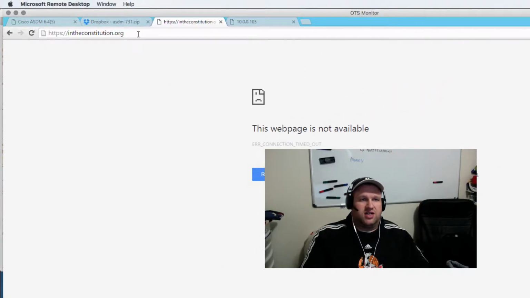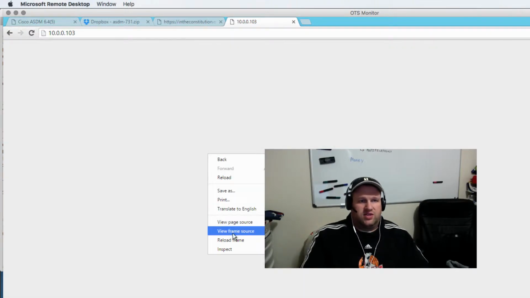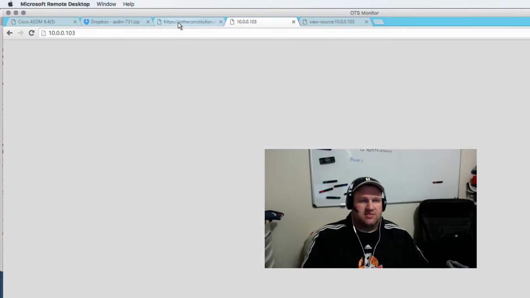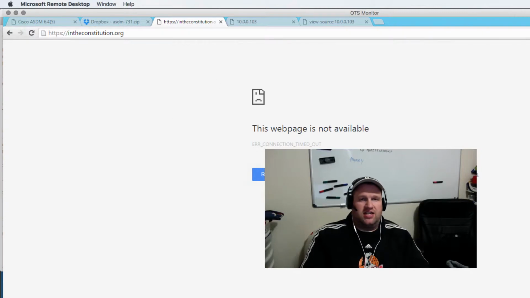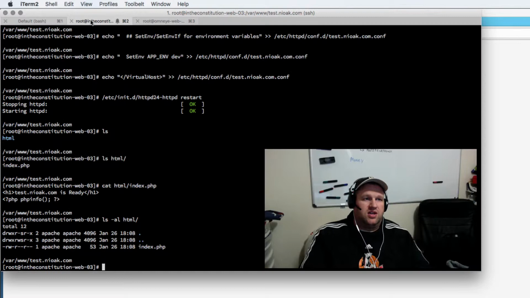This is in the constitution.org. It's not available. If we go here and we view source, view page source, yep, we're going to see that iframe that's unable to load in the constitution.org. That is expected, and the reason it's loading that is because in the configs files for this server,